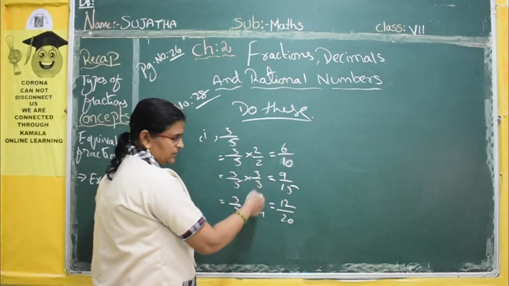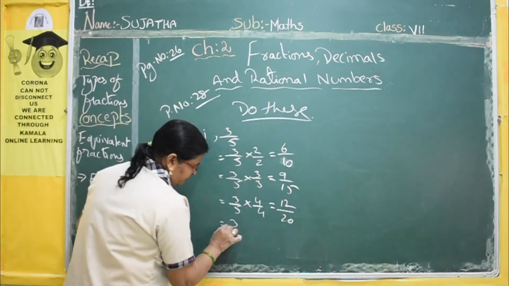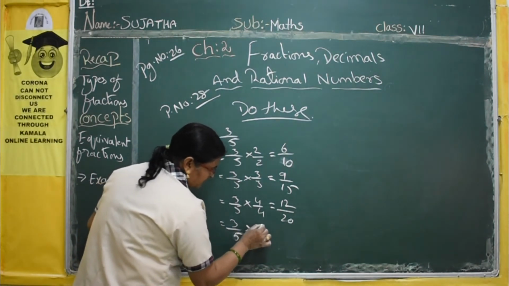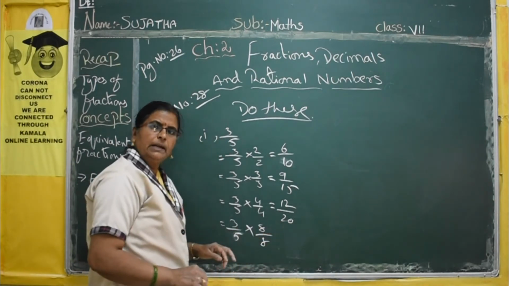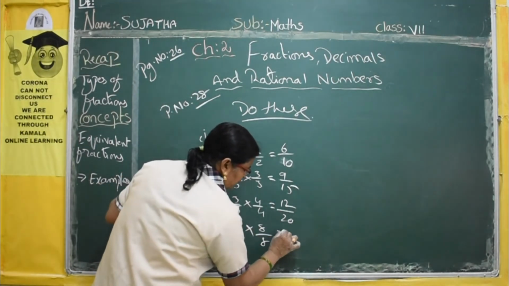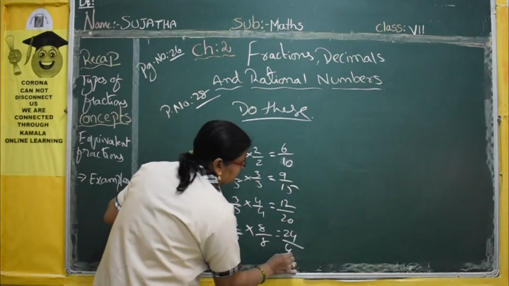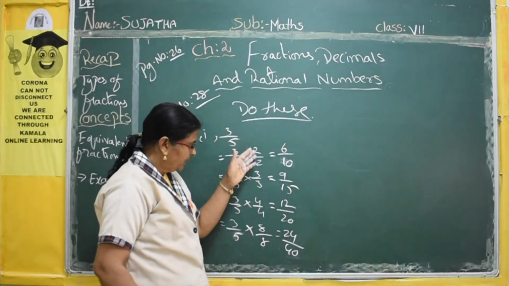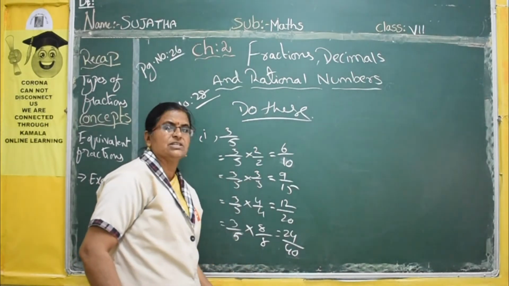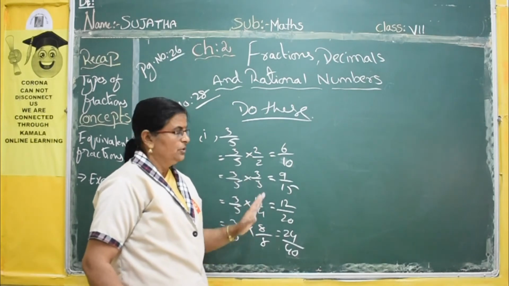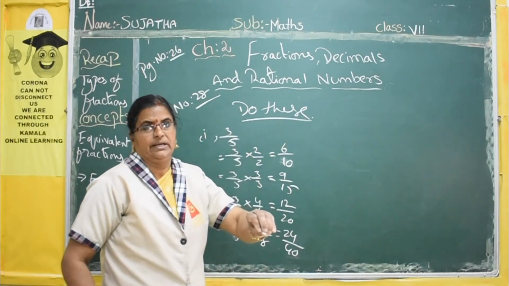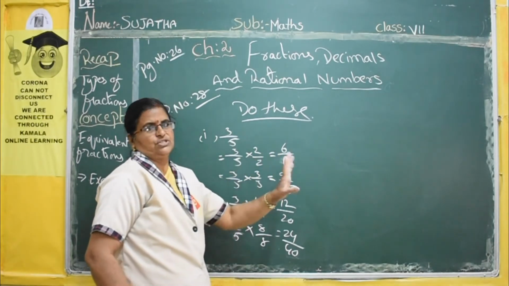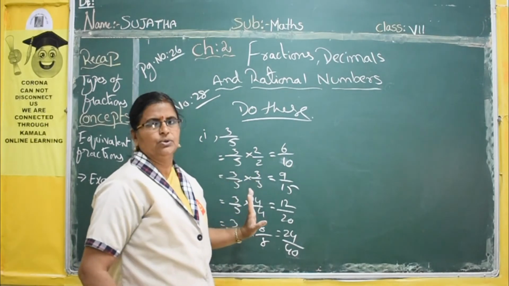Okay, now 3 fractions I took line wise. Now what will I do for the next one? 3 by 5 into, now I will take 8 by 8. 3 8s are 24 by 5 8s are 40. Now if you take the 8 table and cancel it, you get the same only. I am not saying that you have to take line wise and multiply. Your wish, but whatever number you take, you should take the numerator and denominator the same and you should multiply the first fraction. Understood? That you have to do.